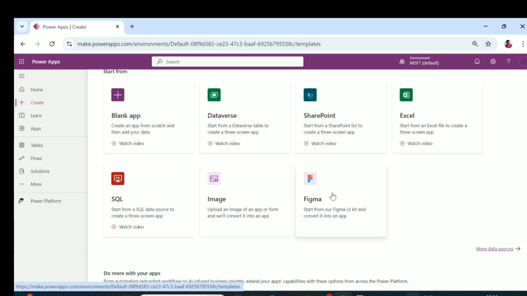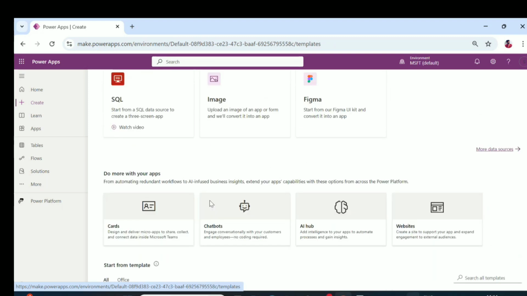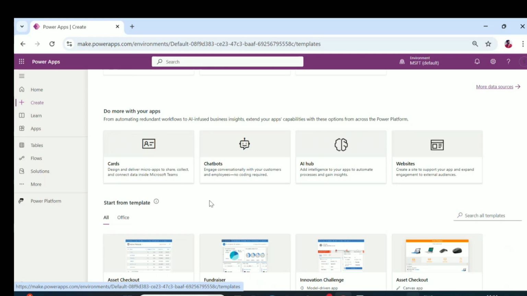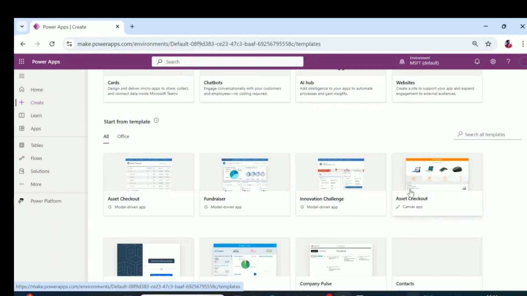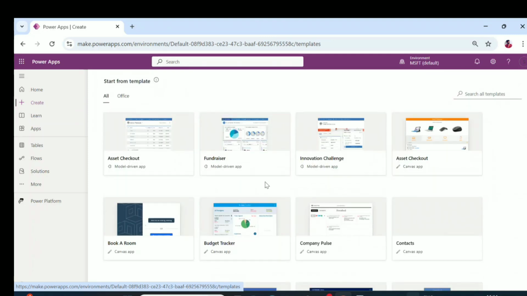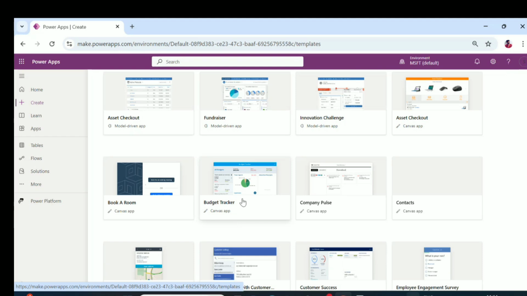Okay, so that also you can do, and many more templates are also available, and there are pre-built templates available here. For example, if you wanted to create a simple and quick application for a budget tracker, you can directly click on the budget tracker and it will open the application which is already pre-built by Power Apps. Okay, so you need not develop from scratch. So that is the beauty of Power Apps. Like for example,